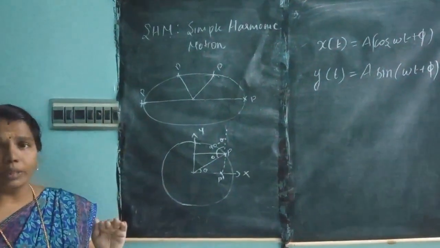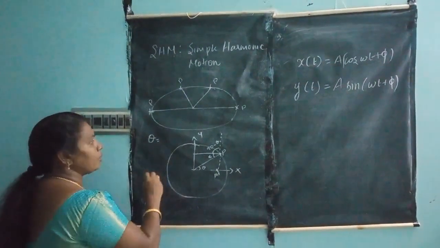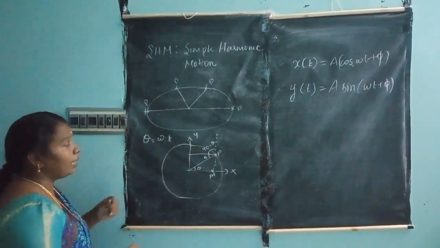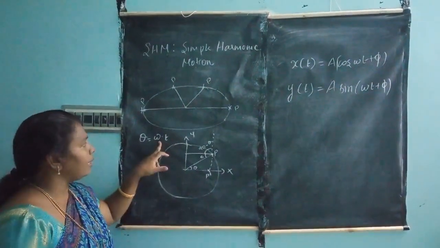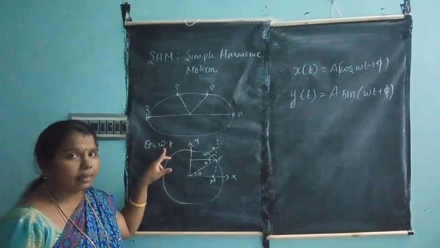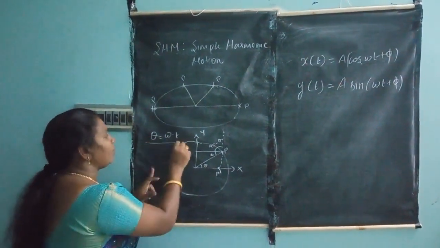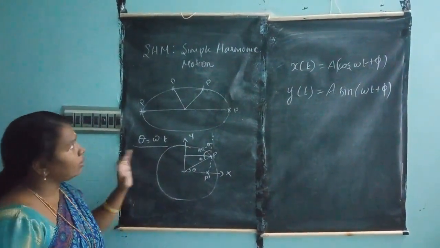And you also know what displacement is. In the last classes I discussed that displacement is velocity into time. Here you are rotating the ball with an angular speed, so I am considering the angular velocity as omega and t as the time. So instead of the angle, theta is equal to omega t. Can you understand? Yes. So this is the topic.